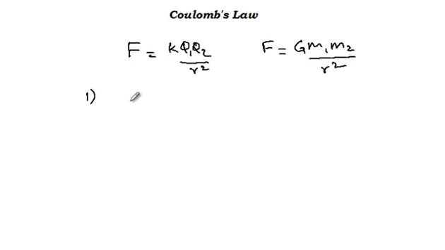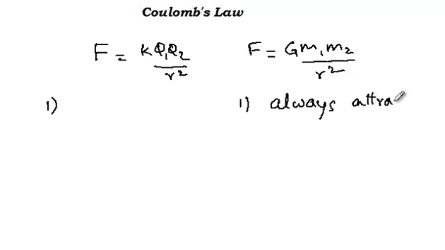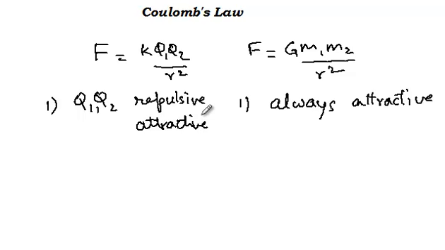See, the gravitational force is always attractive, whereas the Coulomb force can be attractive or repulsive. If the two charges are like, which means they have the same charges, say both are positive or both are negative, in that case the forces would be repulsive. But for unlike charges, which means one is positive and the other is negative, the forces would be attractive.